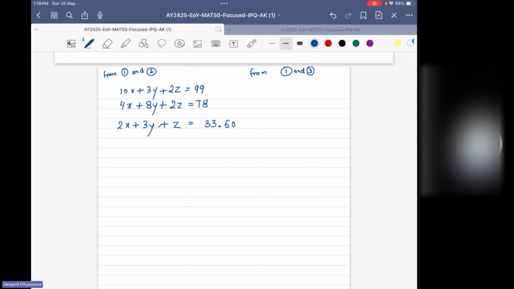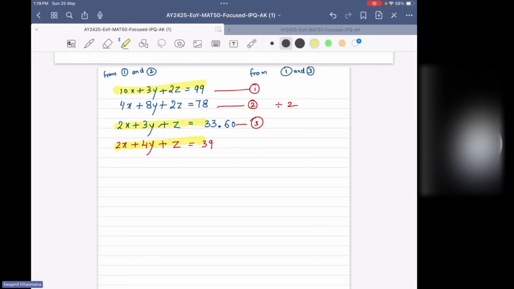Now if you have to solve it, then you will name them 1, 2, 3. Always look for equations which have something in common. Like if you have to make all of them, first of all, you can divide equation 2 by 2. So when you do that, you will get 2x plus 4y plus z equals 39. This makes it easier because now if you compare 1, 2, and 3 equations,